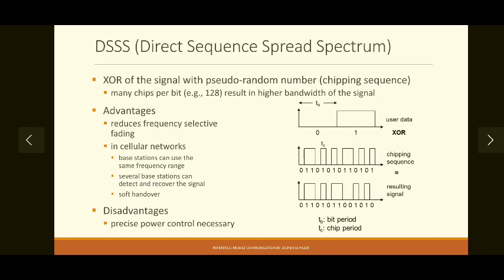Okay, then there are certain disadvantages or limitations also. One primary limitation being, as you can see, all the bits are carrying the same amplitude levels. So you need precise power control to make this effective. If one of the bits reduces its power level, then there will be a problem in receiving the user data or resulting signal, because to distinguish between zeros and ones, you need a certain amplitude level representing 0 and a certain amplitude level representing 1. So precise power control is necessary for DSSS to be effective.